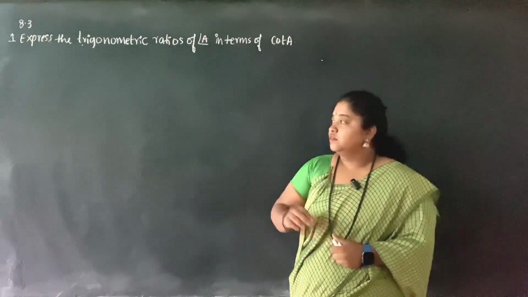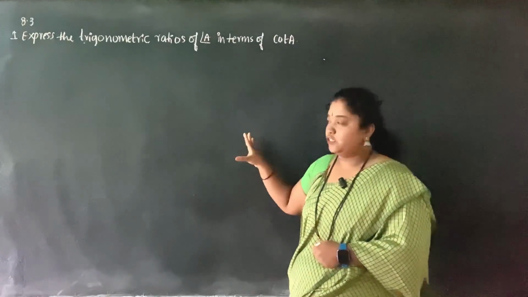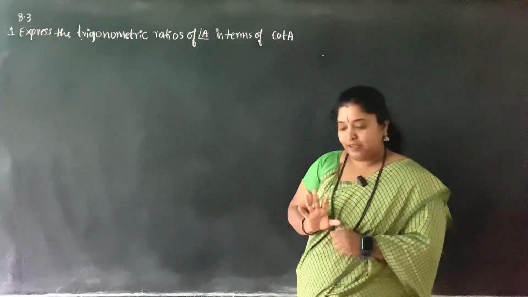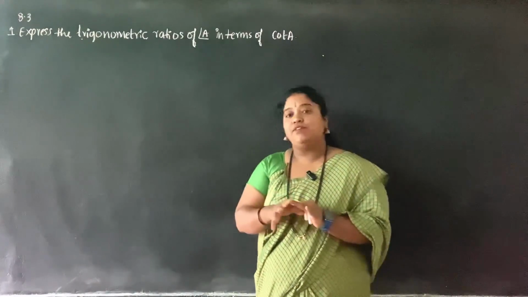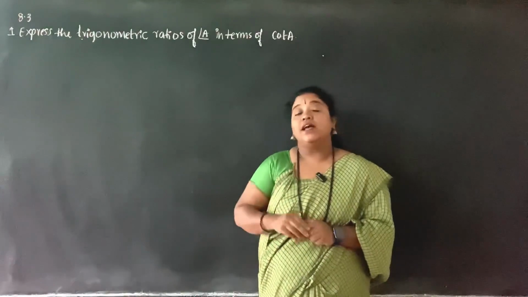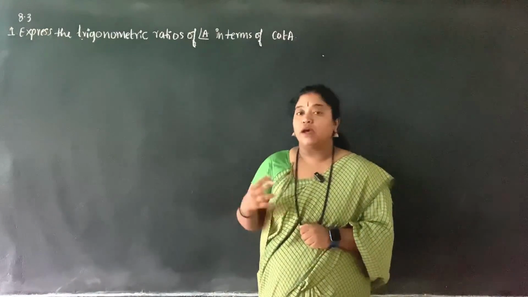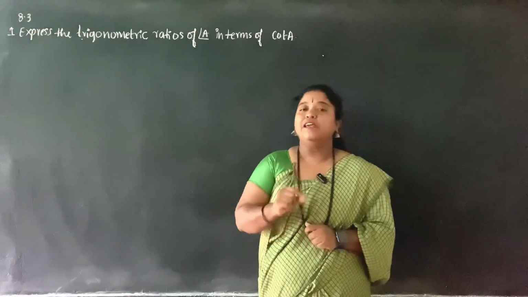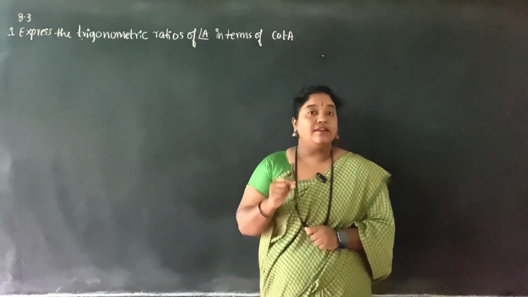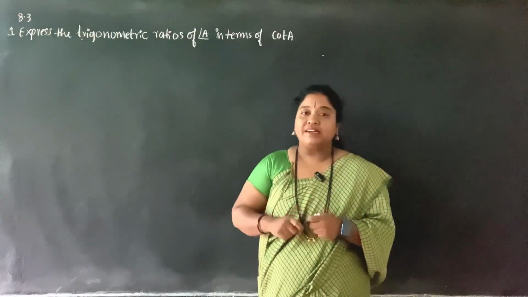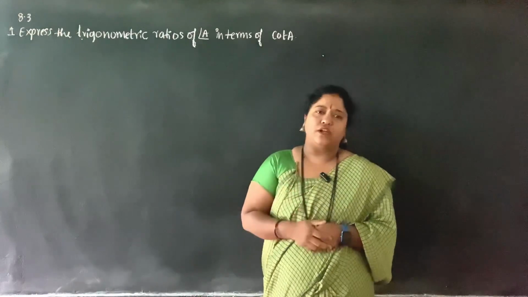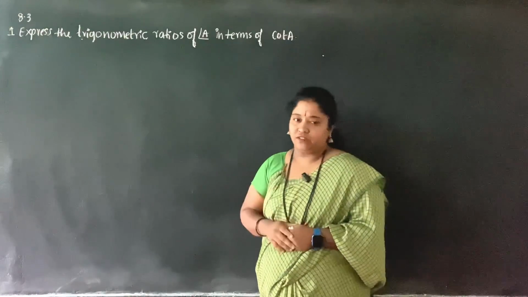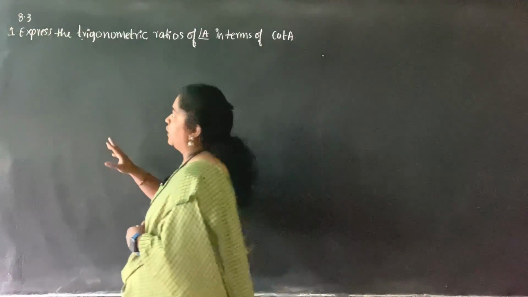See, after knowing all the trigonometric ratios we have discussed, we are going to solve some exercise questions. First, we'll deal with all the exercise questions, and after that, I'm going to give you the questions which are board asked questions. Dears, I'm telling you, exercise 8.3 is a very important exercise, and it is a little difficult exercise. You need to practice a lot of sums to get a hand on it. So we will discuss a lot of sums. Before going to that, we'll finish the exercise questions. Right? Okay.